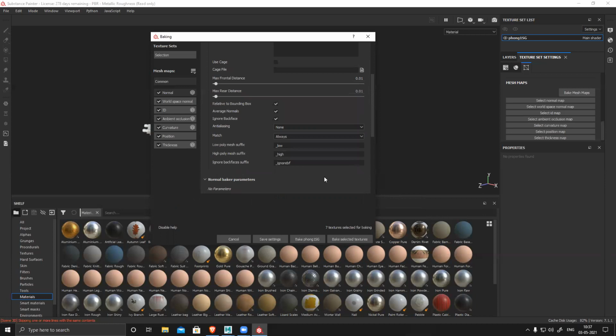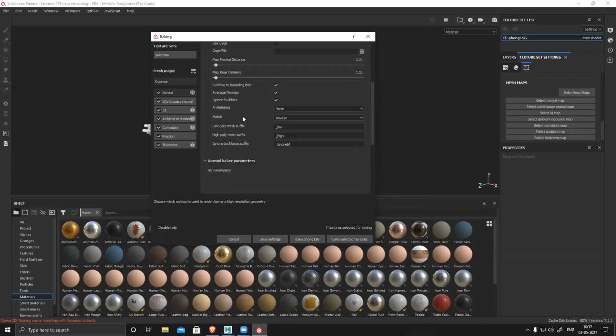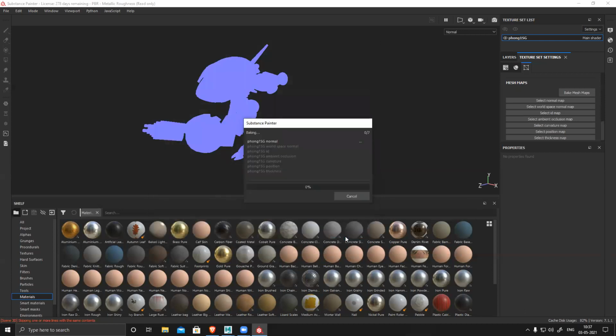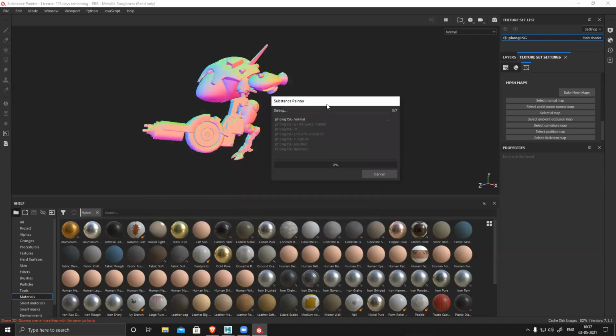Only one thing I will recommend: ignore backface should be switched on, and anti-aliasing you can move to 4x4 subsampling, because it gives you a very crisp clean result, but it increases your baking time as well. As of now, because I'm just showing this, I'm not changing anything. So then just click bake. It will start baking all the maps.